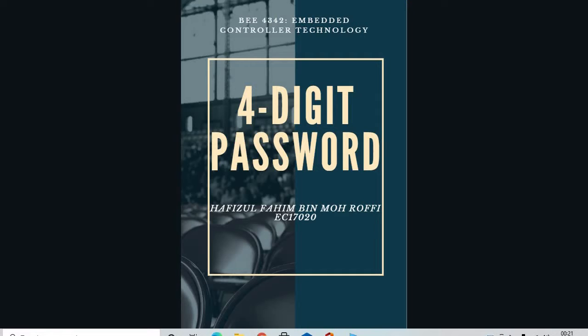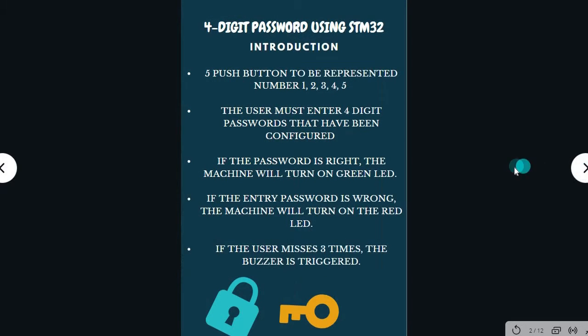I want to present our project for a 4-digit password using STM32. For our project, we use 5 push buttons to represent numbers 1, 2, 3, 4 and 5. The user must enter a 4-digit password that has been configured. If the password is right,